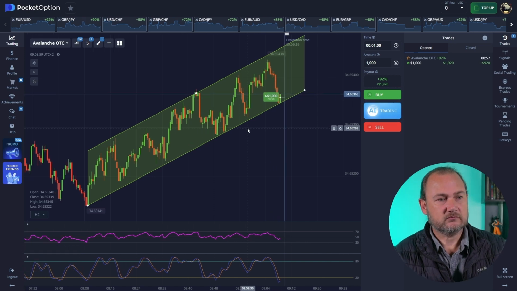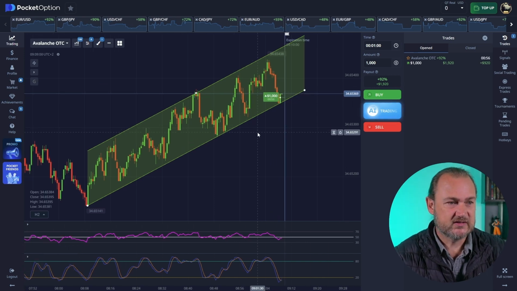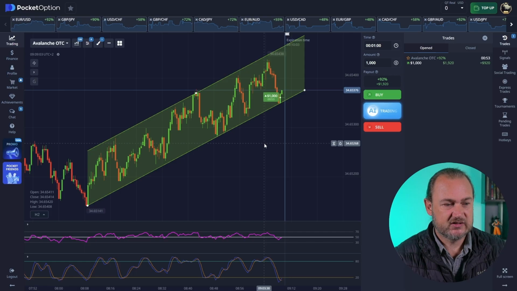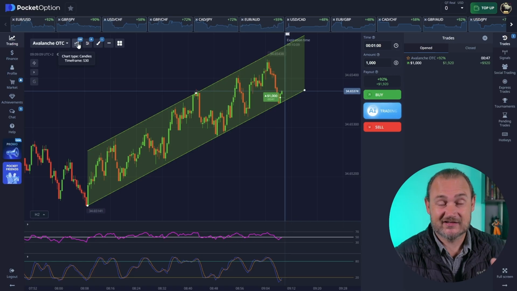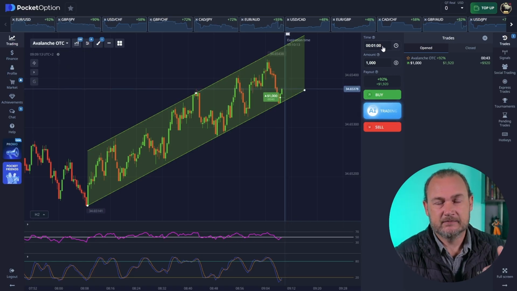I've got a trade here. I'm going to explain why I took this trade. I didn't want to miss it, so I jumped in. We can see that price has been moving in an upwards channel. We're going to be trading on 30 seconds. I should mention this: we're going to be trading on 30-second charts, and we're going to be using a 1-minute